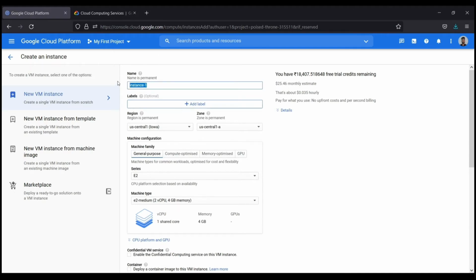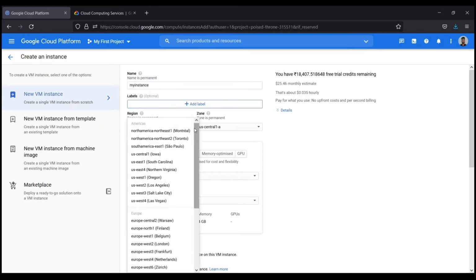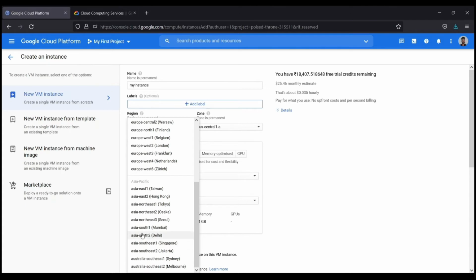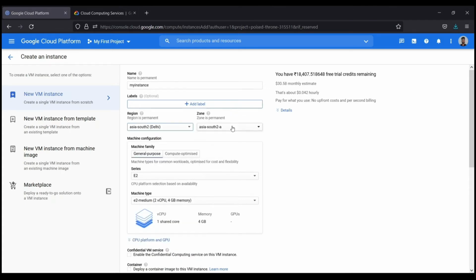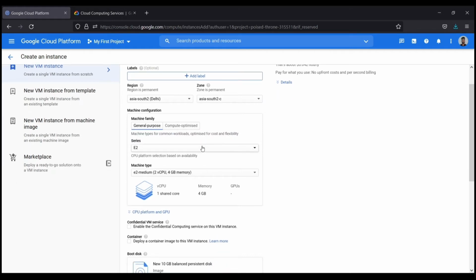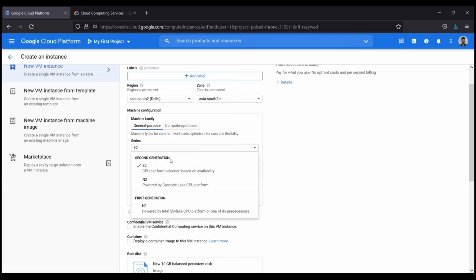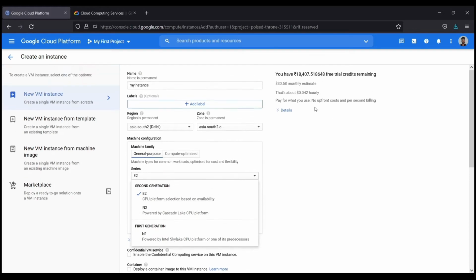So here you can see the name of the VM instance. We can name it anything, and now I'm naming my instance. And these are the regions where your machine will be physically kept, and these are the zones which fall under that particular region. And now you can choose your configuration of the machine. This is basically the power inside your virtual machine, the computing power,